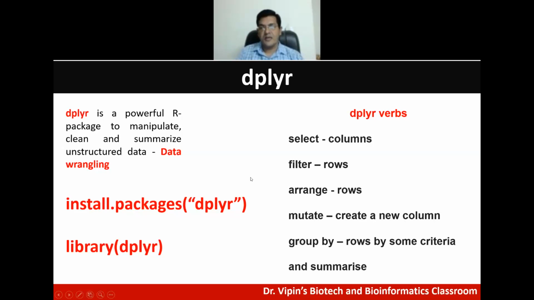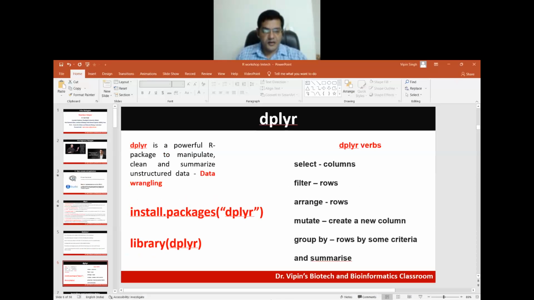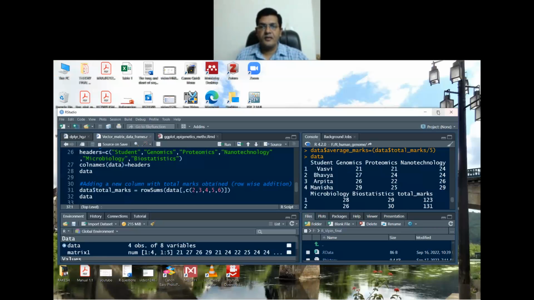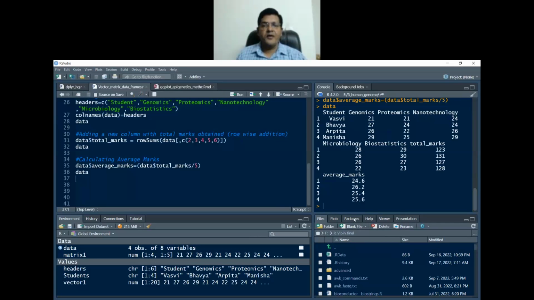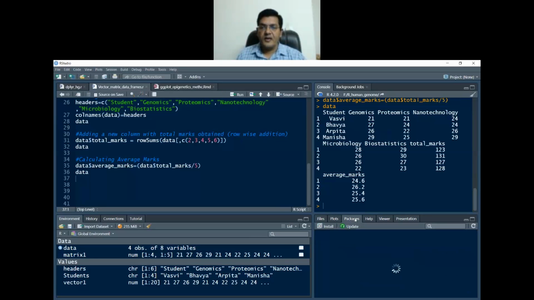How do you install dplyr into your RStudio? I have shown you yesterday 2 ways of doing it. If you see here, let me escape this. Okay, let me minimize this and let me do this here. So one is you can go to packages here, and in packages you could go to install, and in install you could